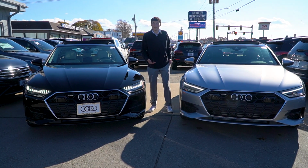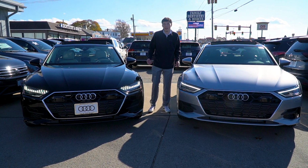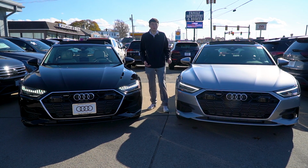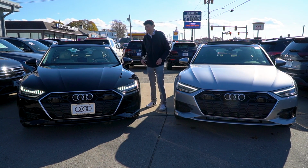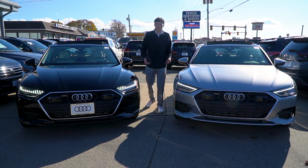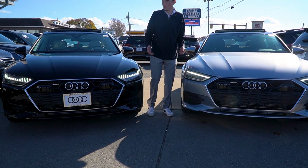Once again everybody, it's Ethan over here at Audi Fall River, and today I want to talk about the difference between the 2024 Audi A7 Premium and the 2024 Audi A7 Prestige. So let's start out at the front of these vehicles, where the first major difference I'd like to point out